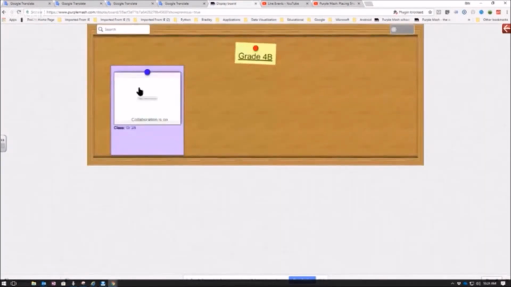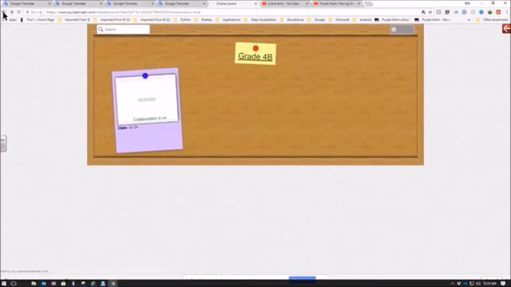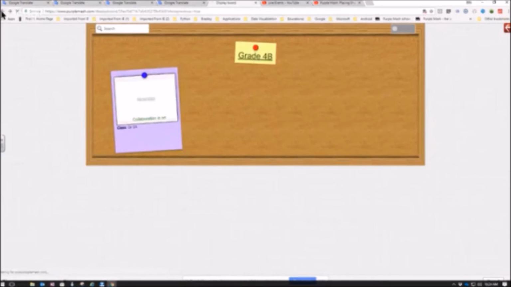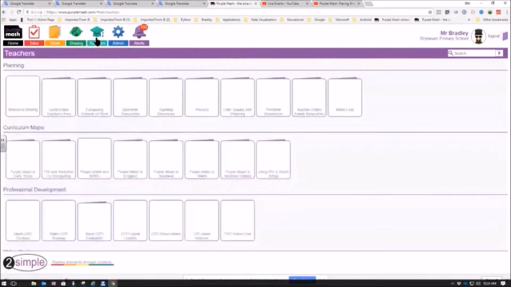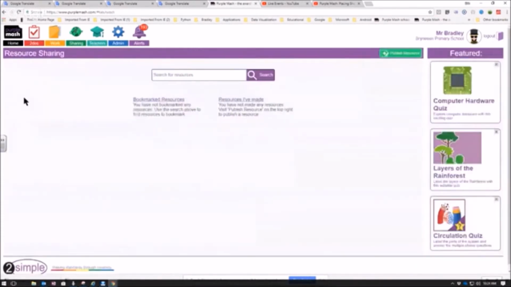I'm just going to show you the display board for grade 4B, and we've got a pink activity posted, and this activity can be opened and viewed by just clicking on it, and this allows you to showcase the children's work. I'd just like to show you how to find activities in the resources section that have been downloaded by